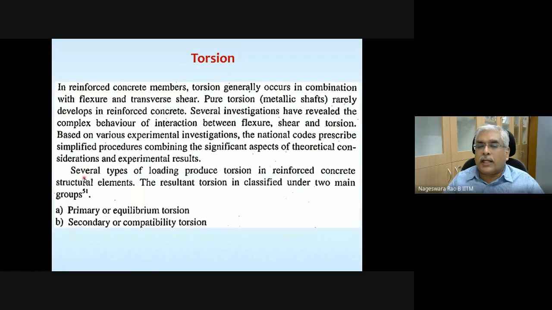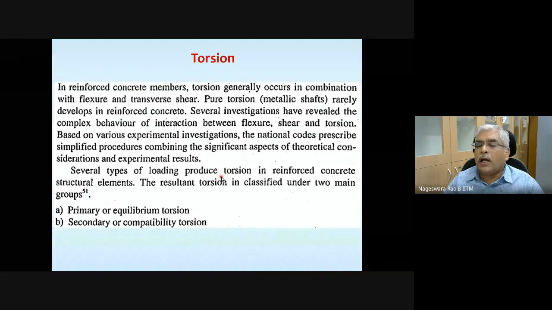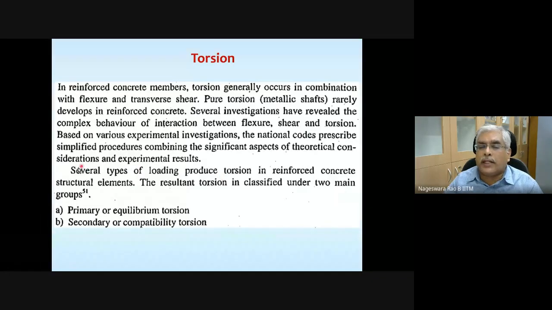So now let's understand the possible locations or possibilities under which an RC member is going to be subjected to torsion. Several types of loading produce torsion in reinforced concrete structural elements. The resultant torsion is classified under two main groups. So torsion, as far as reinforced concrete members are concerned, can be classified into two categories.